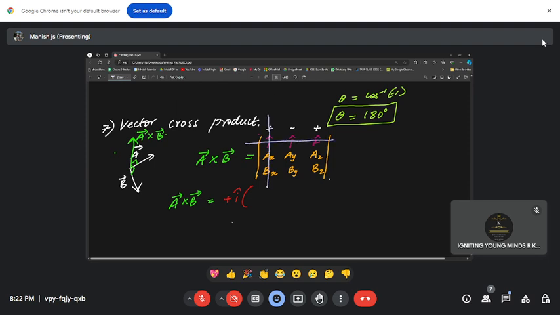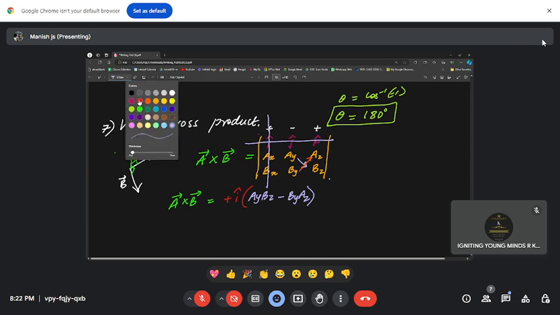When I block, can you see that there is a 2 cross 2 matrix inside? So you will go downwards and first multiply. And what are you getting in the process? AY, BZ. As you go upwards, you will now subtract, which is minus BY AZ. Close the bracket. That is how you evaluate the vector cross product for the first part.